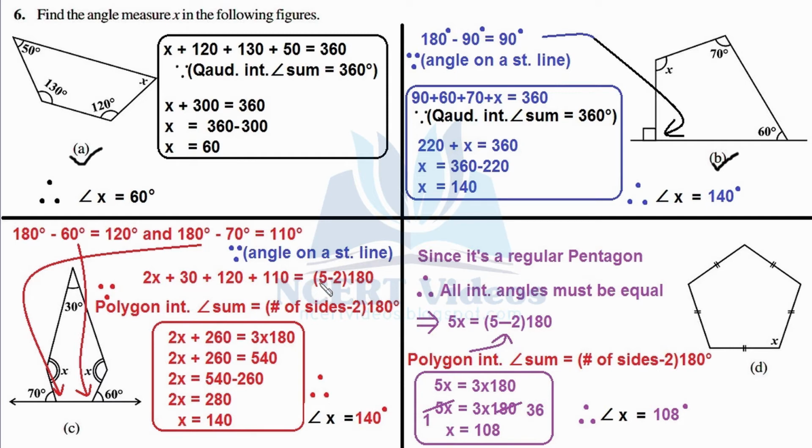This equals, as it is, 5 minus 2 is 3, and nothing means multiplication with 180 degrees. So try to solve easier calculations in your mind only. We are here right now. Now next step, 2x as it is plus 260, simply multiply it. 18 3s are 54, fix 0 to it. Again, if you forget tables, 8 3s are 24, 2 carry, 3 1s are 3 plus 2 is 5, so